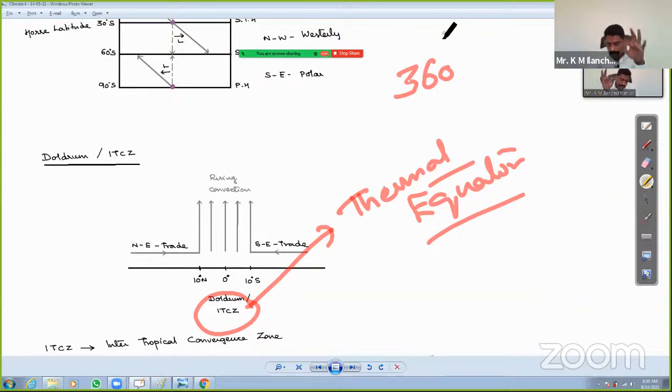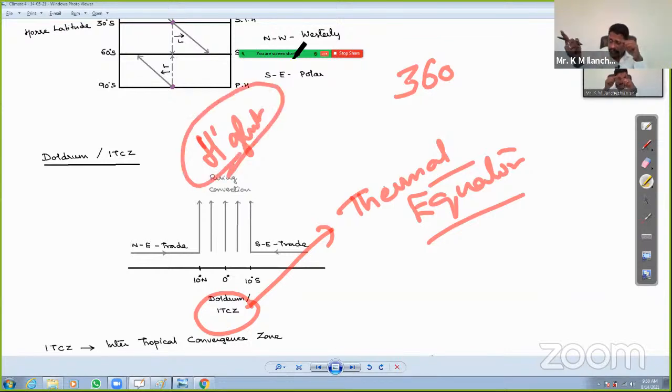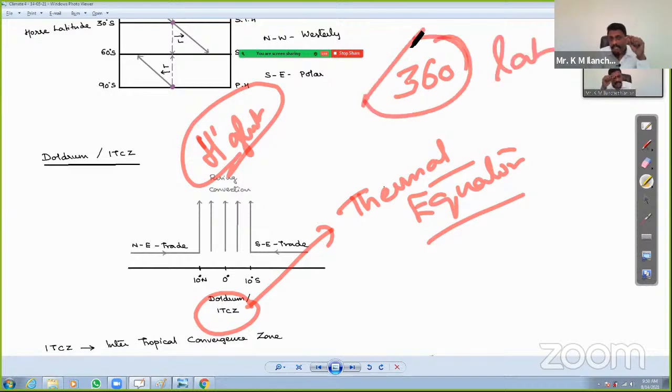Now, what you do on a day-to-day basis, say, for example, every longitude you take, right? You mark that place with the highest temperature. Am I right? And say, for example, start connecting all these 360 longitudes. All these, you just join them. What happens? You will get what? Thermal equator. Am I right? So, joining all the places of high temperature,